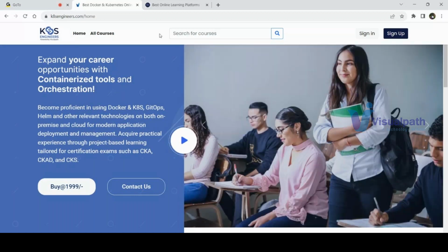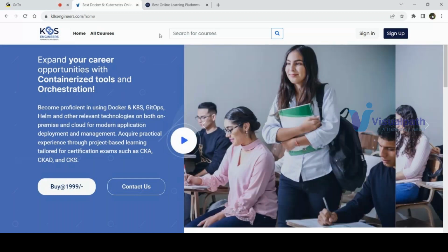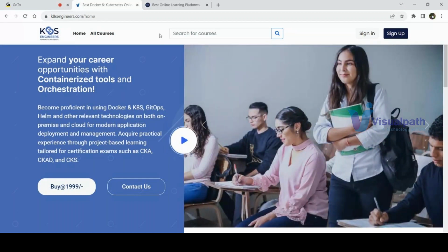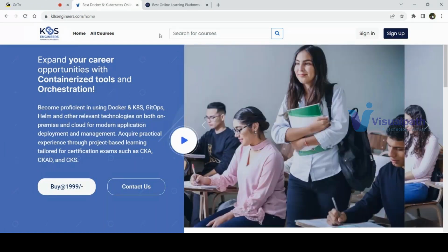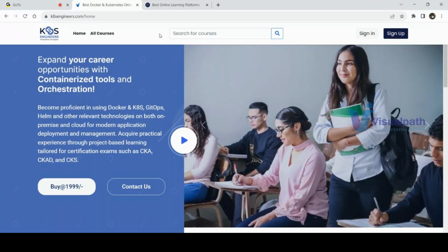So you can add this live project into your resume, so that you can explain it as your project. If you are a fresher, you can add this as a mini project or freelancing, whatever it is. Resume preparation and everything will be done by Visualpath itself. You have to tell whether you are adding it as experience or as a fresher, and based on that we will change your resume. So everybody can add this live project into your resume, and that will help you a lot.